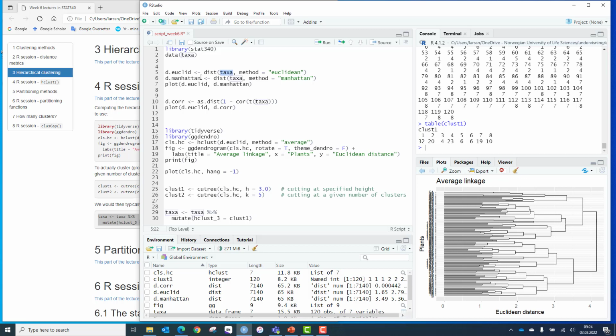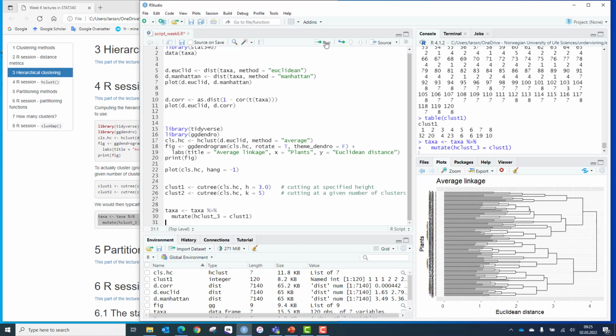The distances in this dist object are in the same order as the data originally. The hierarchical clustering keeps the results in the exact same order, and the cutting of the tree is also in the exact same order. So you can use this directly here to put it into the